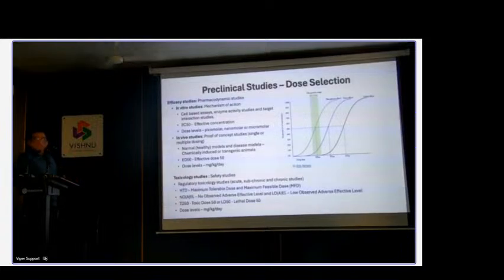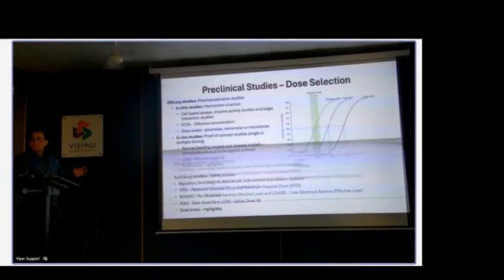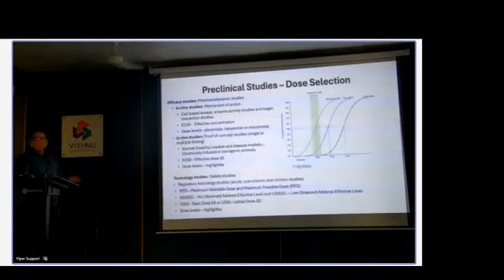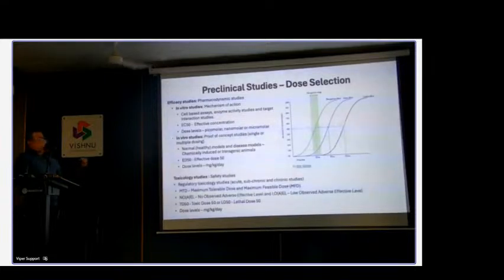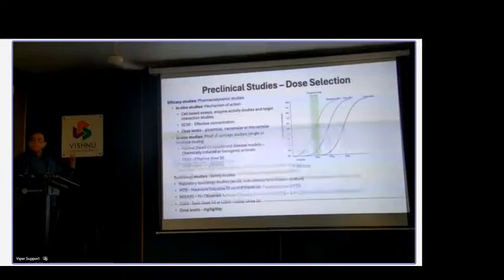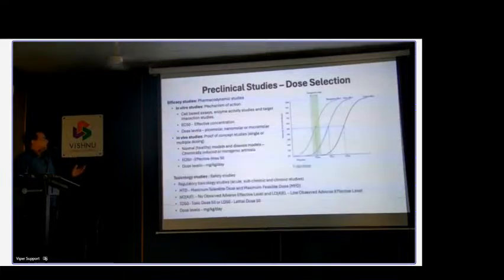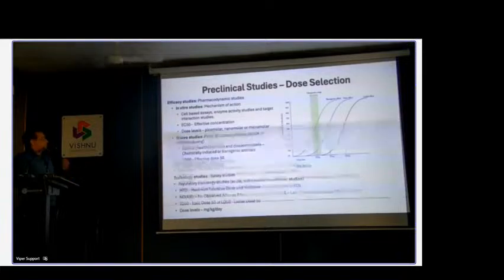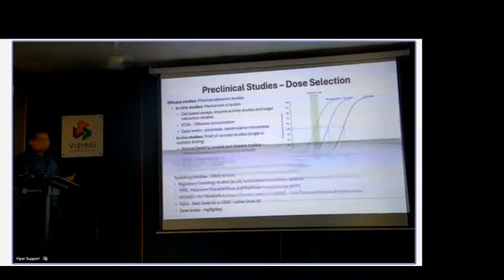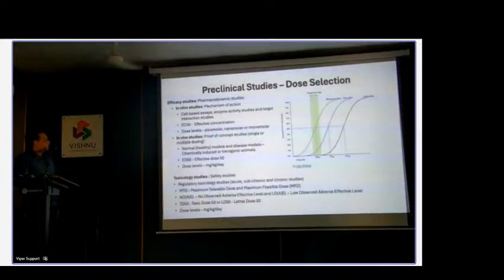And the next level is the in vivo study. You need to establish a proof of concept, that whatever mechanism you have seen in the cell-based assays is translating into the disease models. Again, this is an in vivo animal model study. So in the proof of concept studies, based on the availability of the right animal model for the disease you are aiming, you may end up conducting the studies in the normal animals, that are healthy animals, and also disease models that are either chemically induced or transgenic animals.